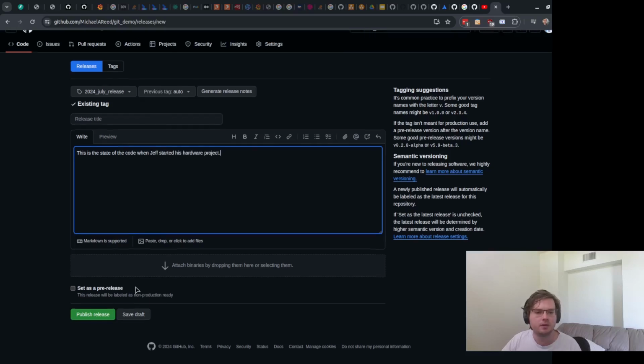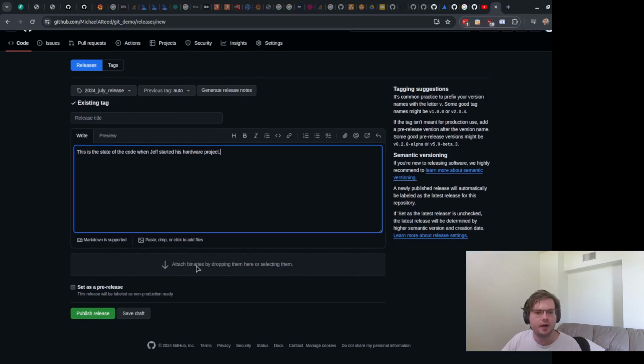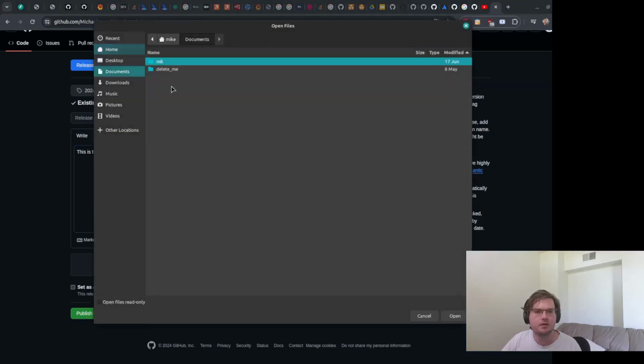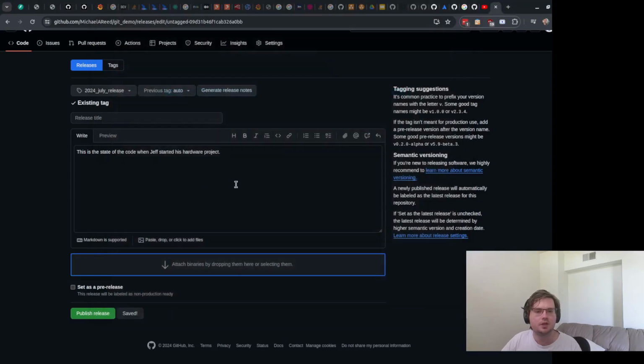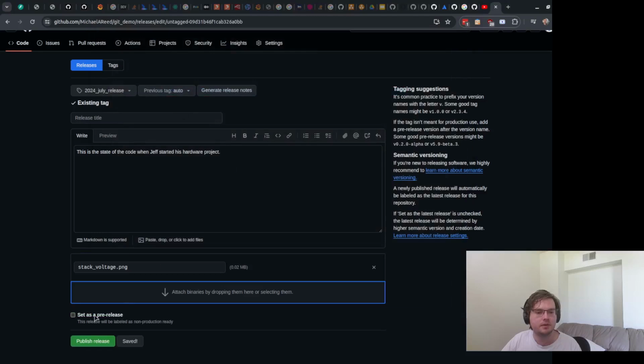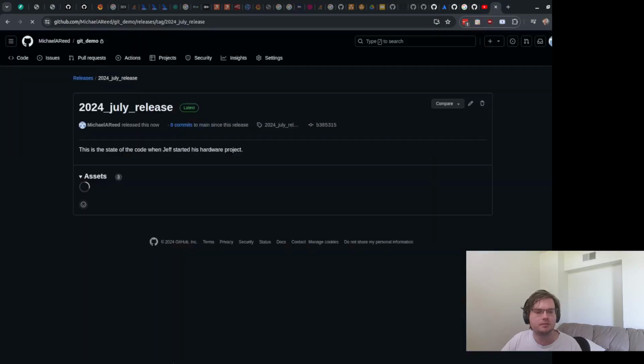Now, importantly, what we can do is attach files to this version as well, and it's going to wrap them up into a zip file and keep them there. So I'm going to click here, and go down to where I had that file saved, that image, which is generated from the code in this state, and then I'm going to publish release.